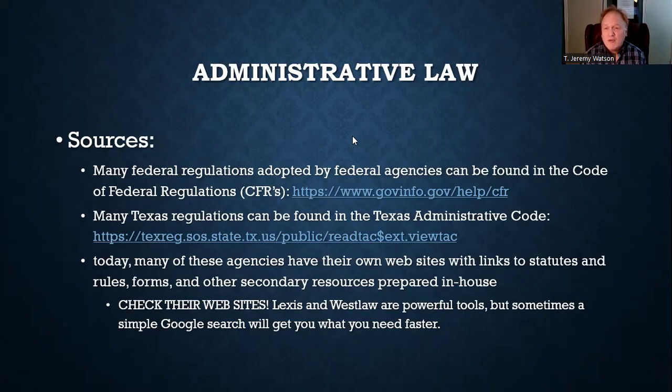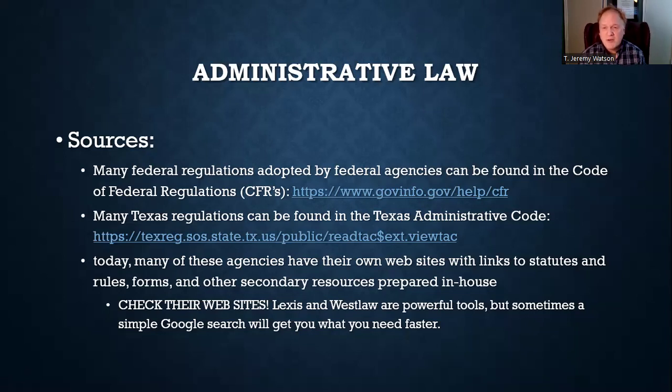If you need them, let me give you a few resources. We won't talk about them much more this semester, but I do like to give you guys resources that will help you when I have them. Once you take legal research and writing, once you've got some experience, it's easy to find the common law. It's exceedingly easy to find statutes. I gave you that Capitol Texas Statutes website. Regulations, not so much. Regulations can be very hard to find. They're typically not ordered nearly as well as some codes and statutes are, and they're not published the same way, so they can be very much harder to find.